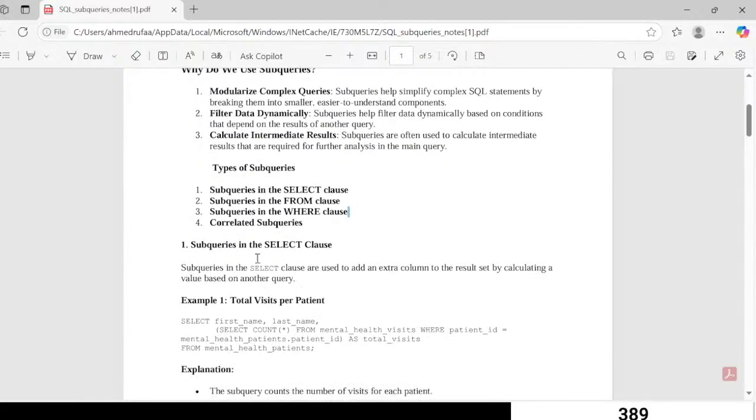So let's start with subqueries in select clause. That is the first type. Subqueries in select clause are used to add an extra column to the results set by calculating values based on another query, right? So we use it